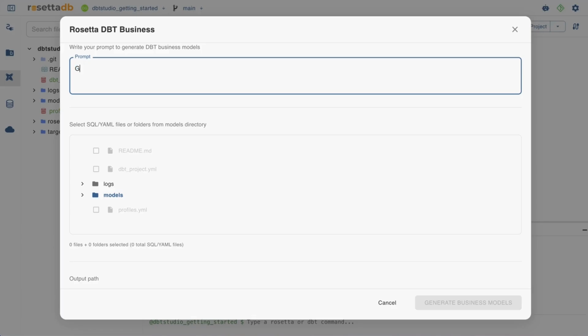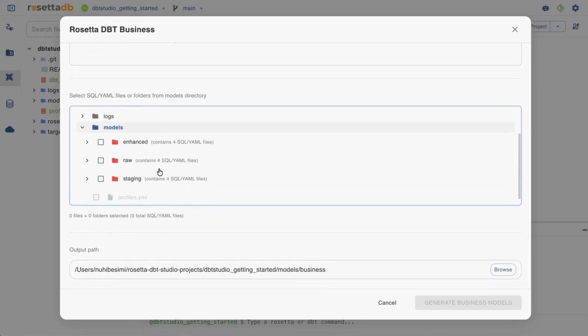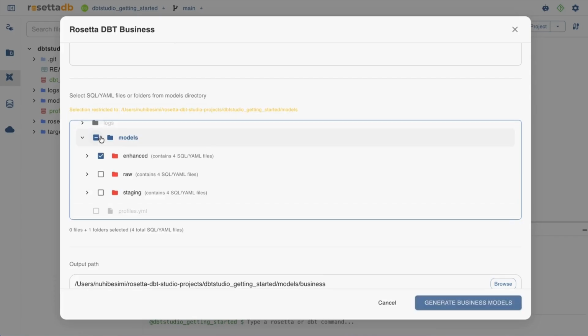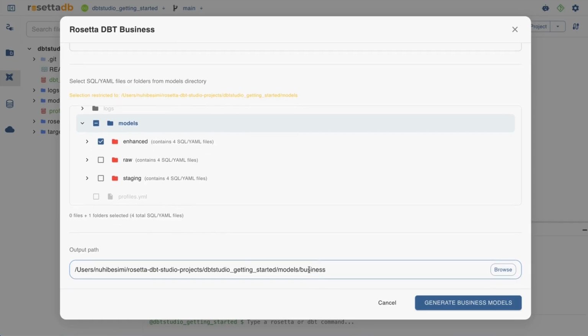I'll keep it simple now, and I'll just ask for a business model, generate a business model to analyze course enrollments. That's all. The models that I want to use as an input to generate the business model, I'll use the enhanced model, and the output will be in the business directory of my DBT project. I'll simply click generate business models,